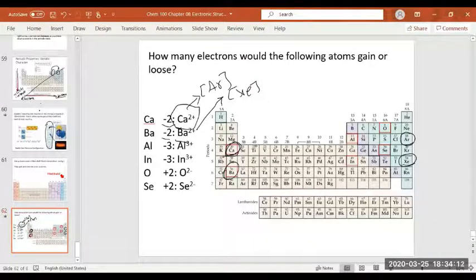Aluminum. This is aluminum. The noble gas that's close to it is neon. Okay, so aluminum needs to lose 3 electrons to have aluminum 3 positive and be similar to neon. Okay, indium is 49, it's close to xenon. Indium. So just 1 minute, sorry guys. Here we have